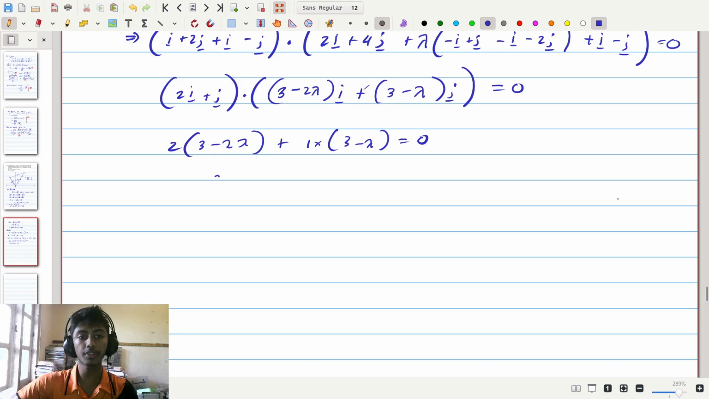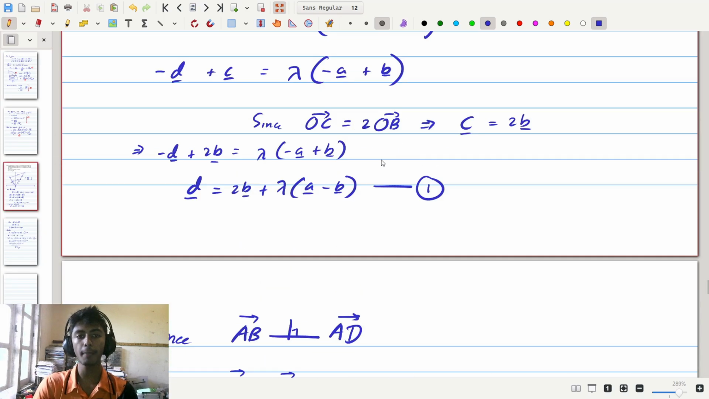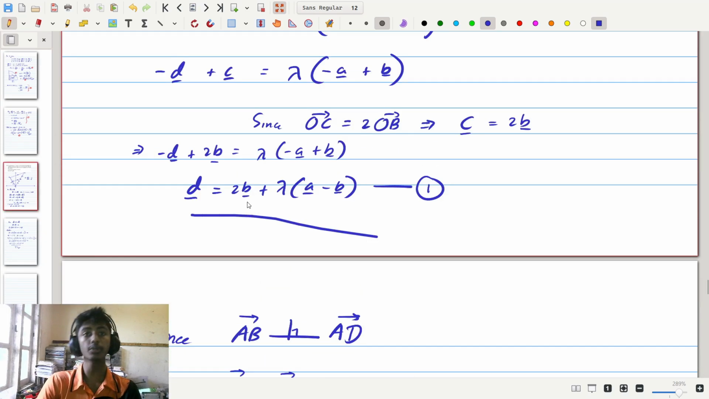and simplifying this down we have 2 times 3, which is 6, minus 4 lambda plus 3 minus lambda equals 0, which if we rearrange we can see lambda taken to one side we have 5 lambda equals 9, meaning that lambda is equal to 9 over 5. So now we found lambda equals 9 over 5. Now with this we can go back up and substitute equation number 1 in order to find the actual value